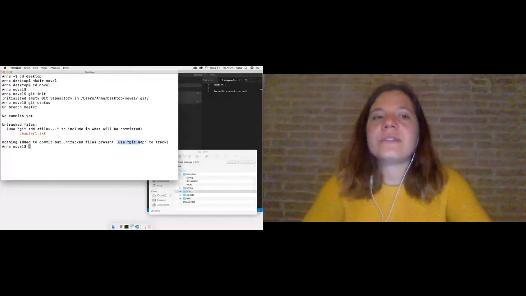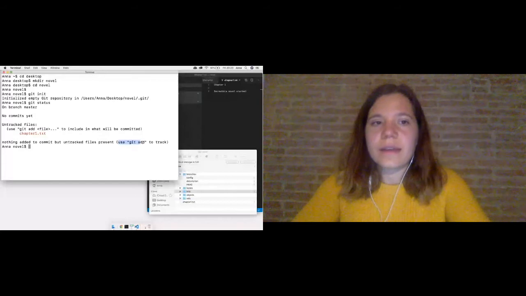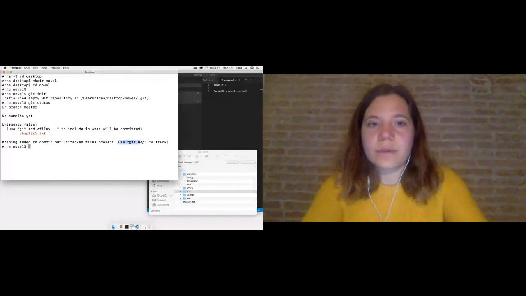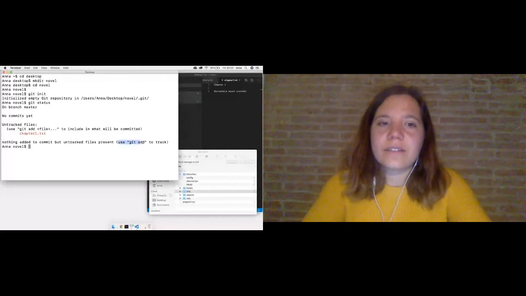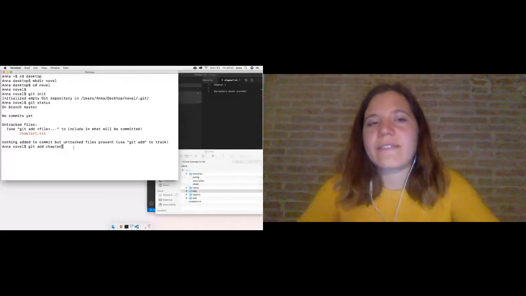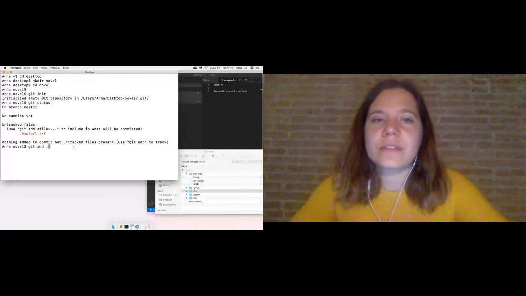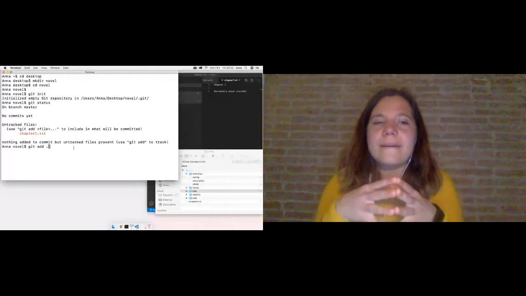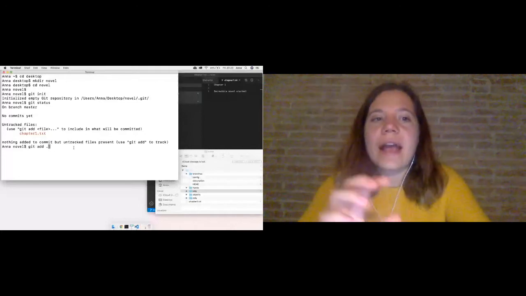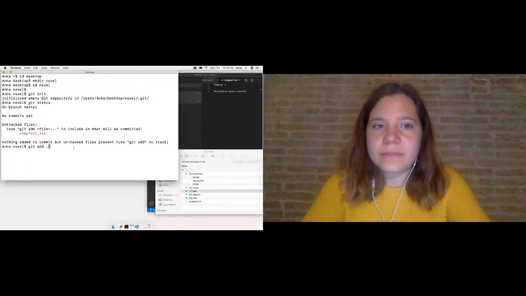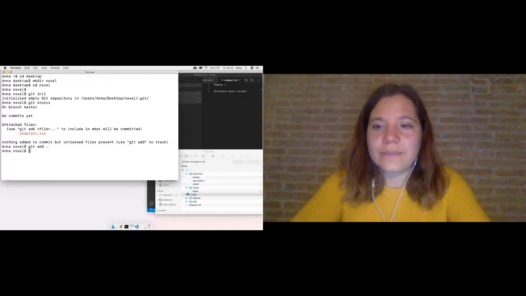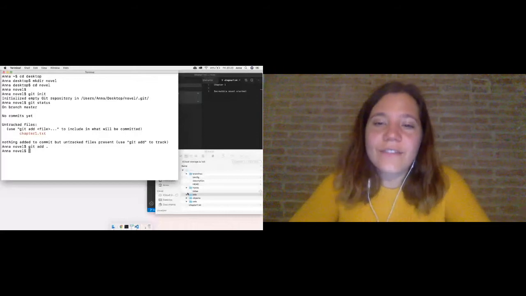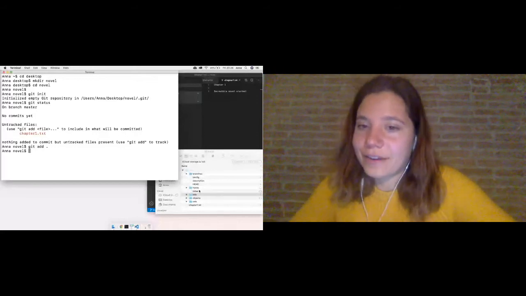And then in order to add this file to the staging area, I can either type in the file name, so chapter1.txt, or I can pass in a dot, which represents my current directory. If I have a lot of files, I sometimes will do this just to add all the files in one go. So we're adding this file to the staging area. We're going to press enter. And now you can see here in our .git folder that an index file was created. So the index file is basically what represents our staging area.